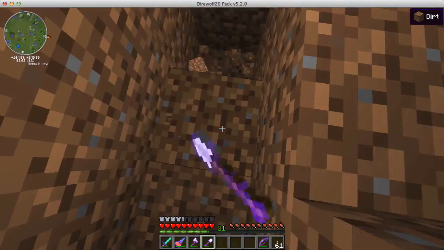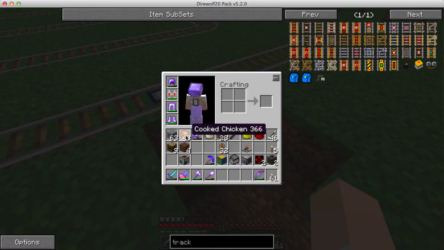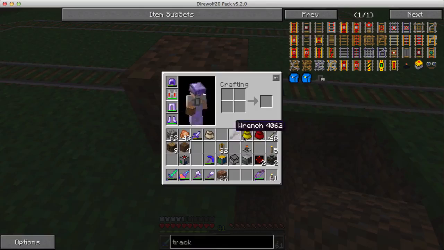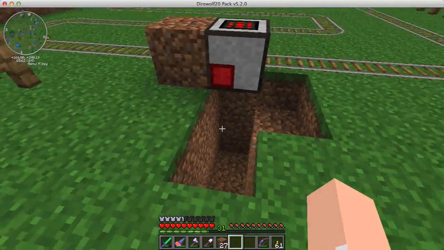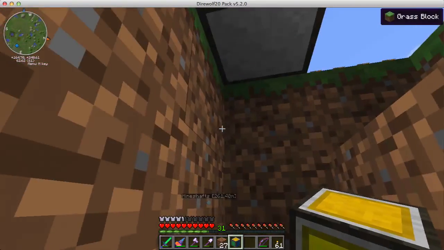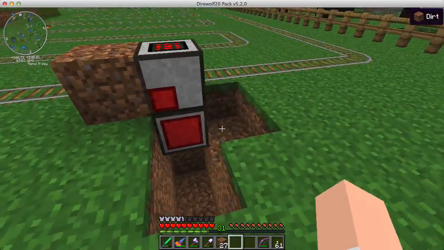There we go. I don't know how much we're gonna need. Okay. So let's see, actually I think I should put, where's that dirt? There's that dirt. Put a piece of dirt right here, because we're gonna start off by putting our cargo manager right there, right? And then the distribution manager is gonna go right there. All right. And I guess we got the green side,